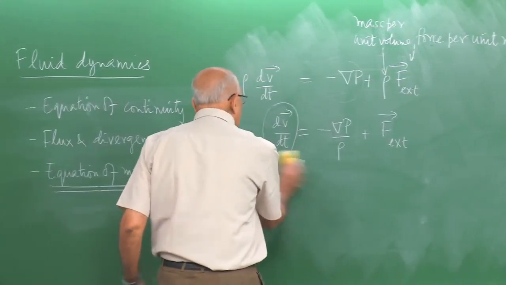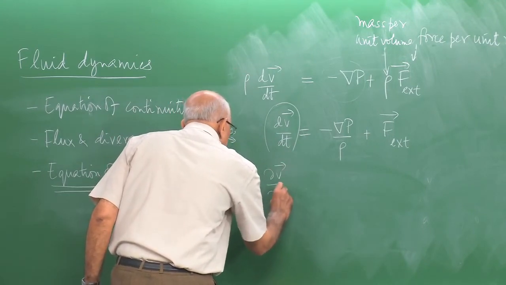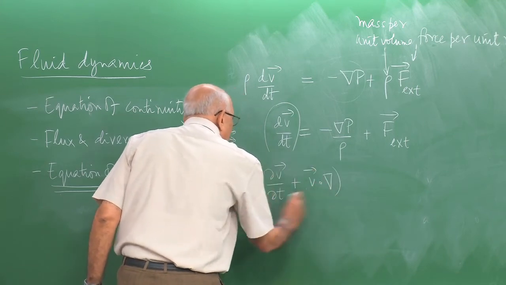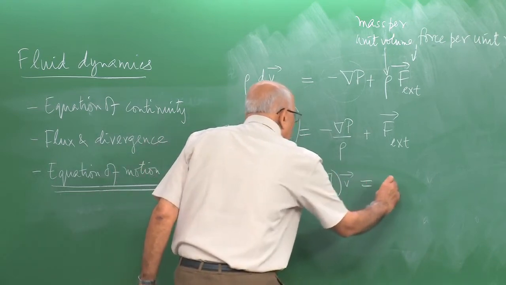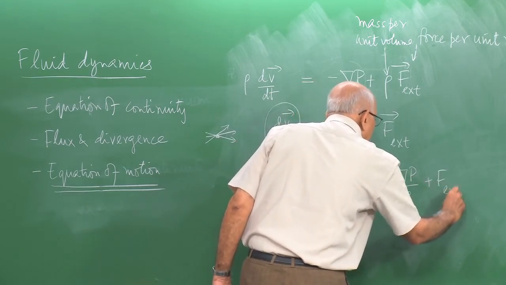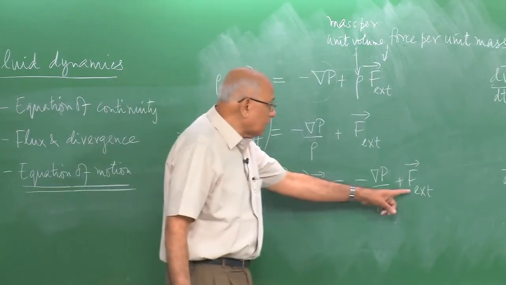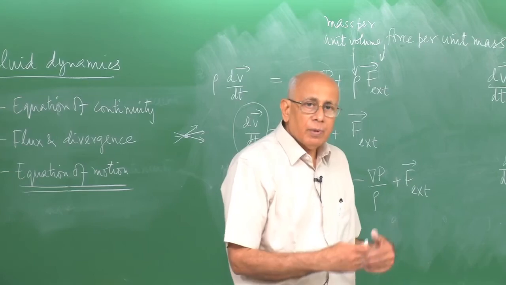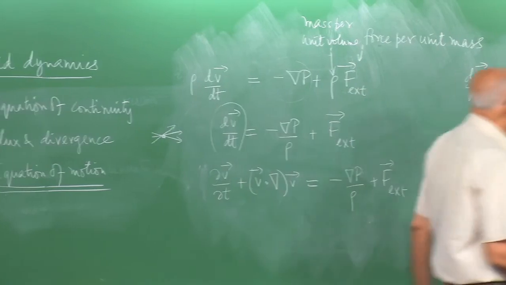So, the fluid element's equation has now become ∂V/∂t plus (V·∇)V equal to minus ∇P over rho plus F external. Now, if it should so turn out that this F external is a conservative force such as gravity, namely it is obtained from the derivative of a potential, then we already know that for a conservative force, let us write that here,